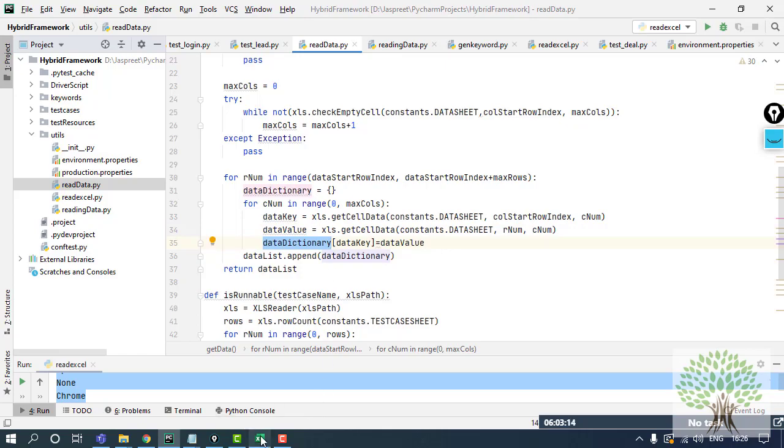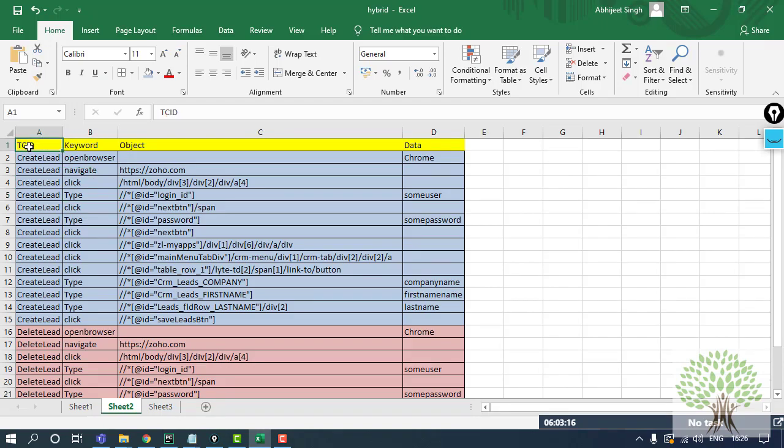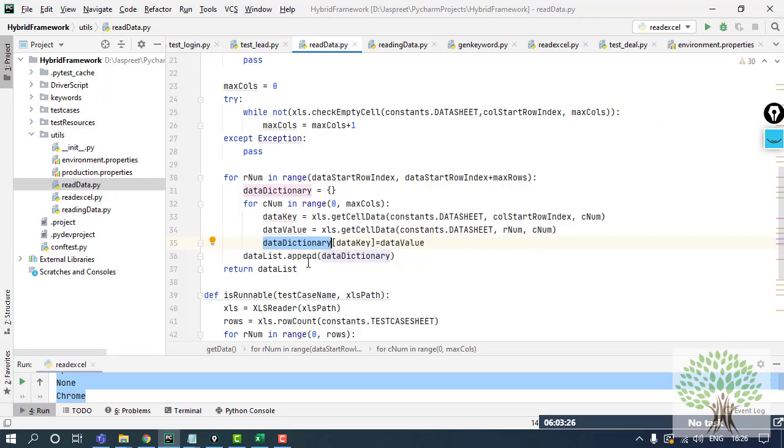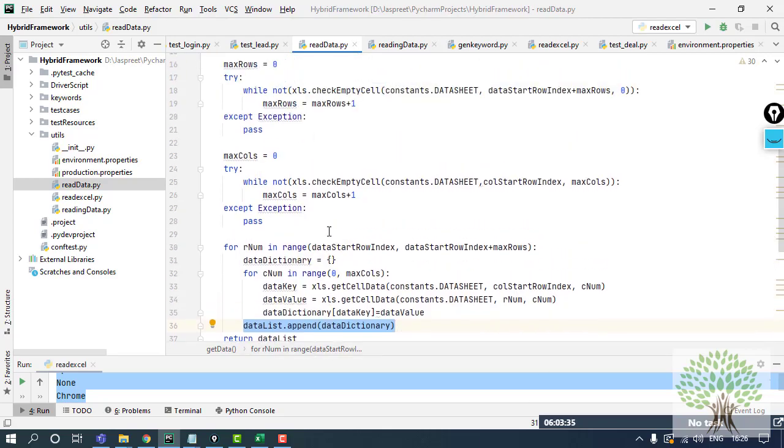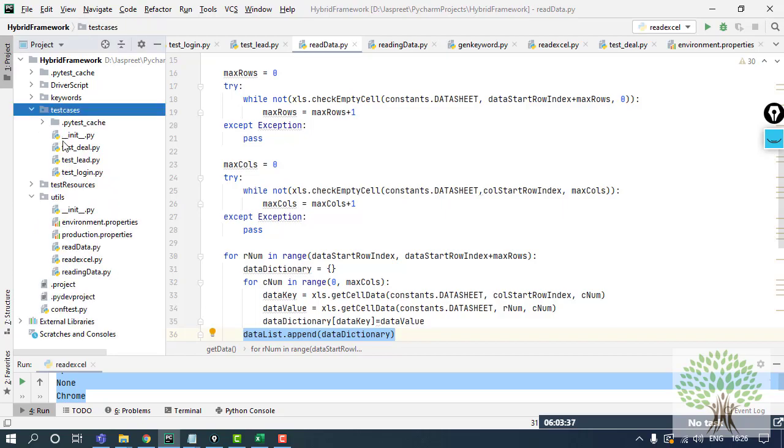So if I read this sheet, this will become the key and this will become the value. In the second pair, keyword will become my key and open browser will become the value. This way the data will be read and stored in a proper list having a number of dictionaries, and the whole of this data will be applied on my test case over here.